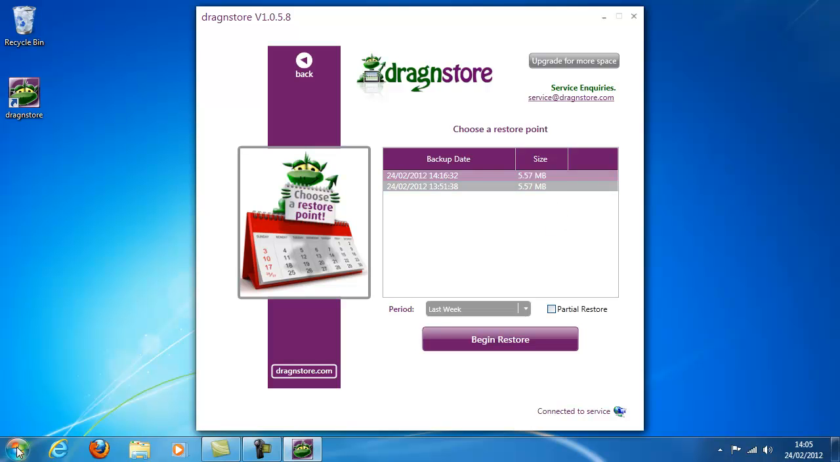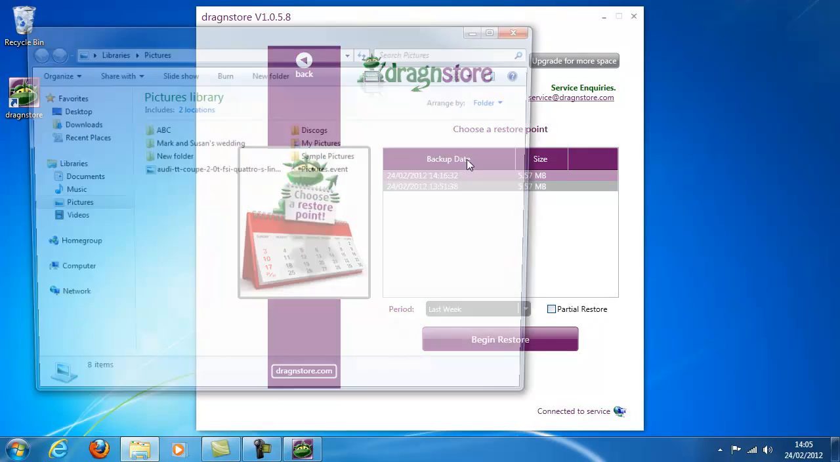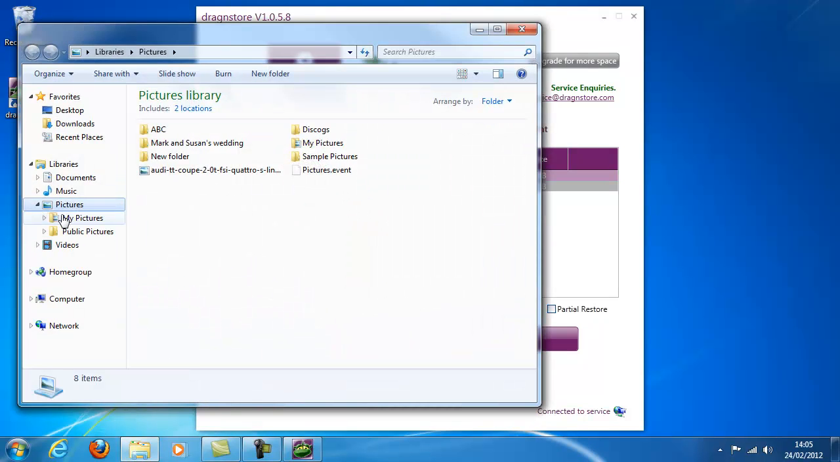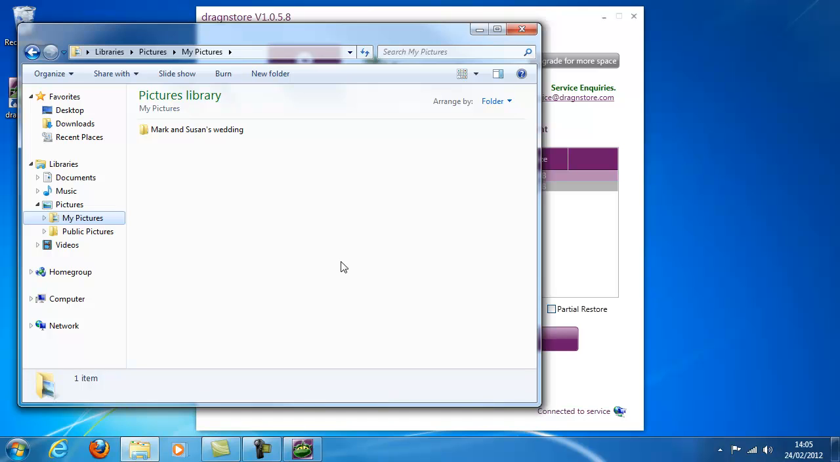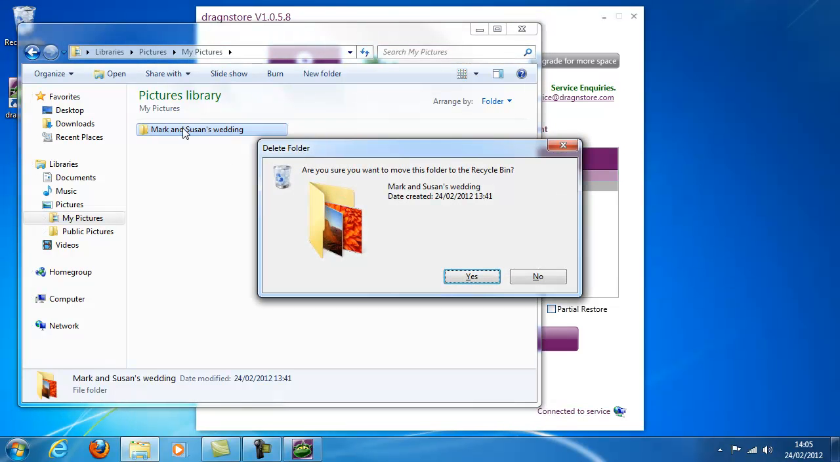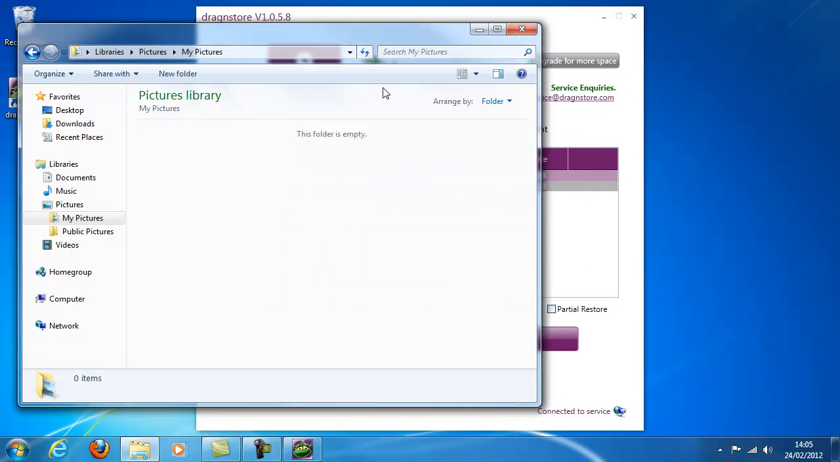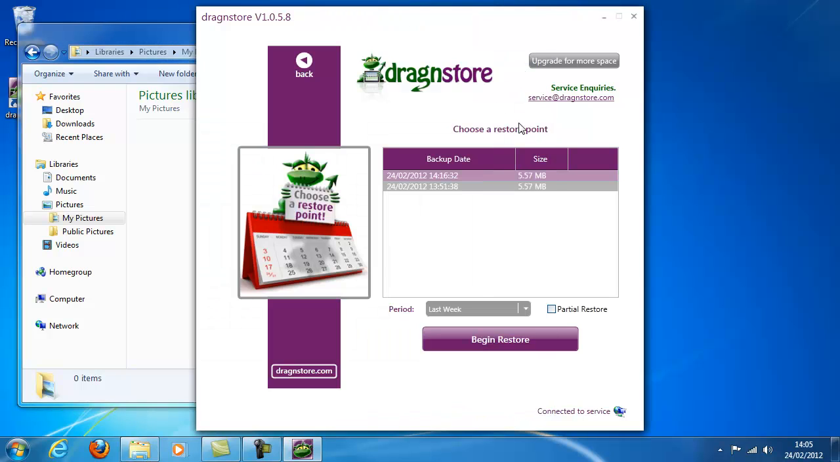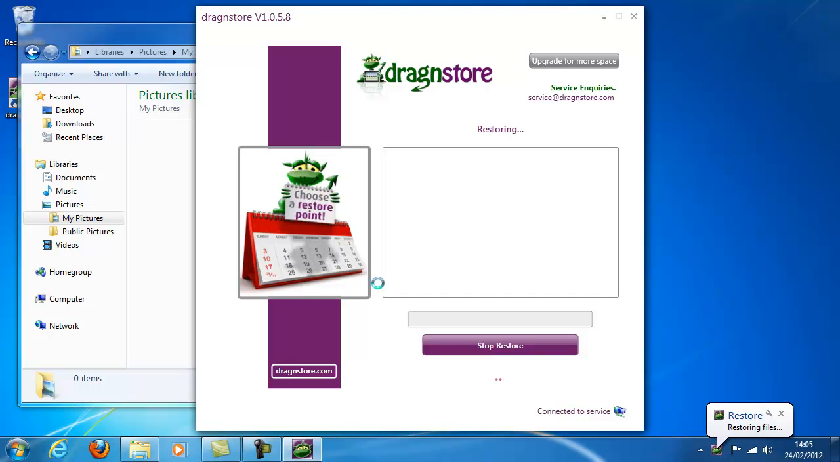If I then go to my computer and then pictures, and if I go to my pictures, here you have the folder I backed up, which is Mark and Susan's wedding. If I just select that and delete it, okay, so that's now gone to my recycle bin. If I go back into the application, select that backup and then hit begin restore,